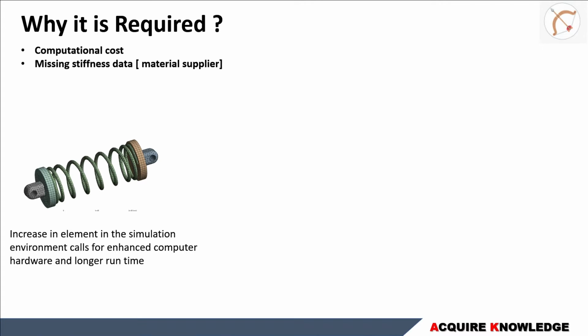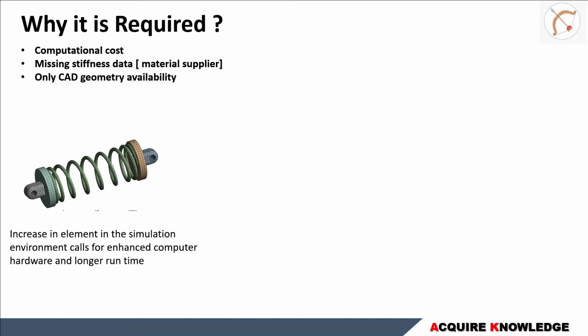Now, in some cases, we don't actually have stiffness data from the material supplier. Even though in some cases you will have some linear stiffness property supplied by them, based upon the actual modeling domain or the actual loading condition, your spring might go into the nonlinear regime. So in those cases, if we have a CAD geometry, we can extract the nonlinear stiffness data from the CAD geometry, which can be further populated under the spring connections. Like in the previous video, we discussed the nonlinear spring COMBIN39.